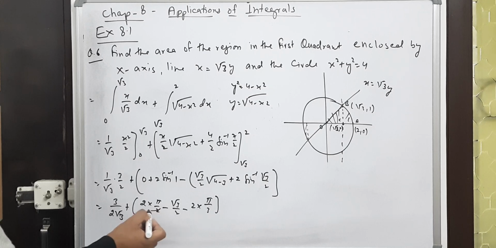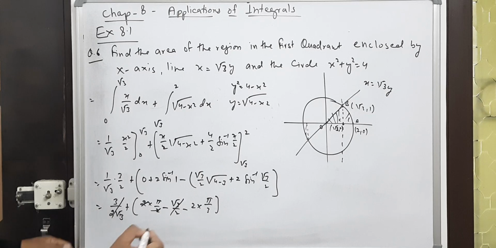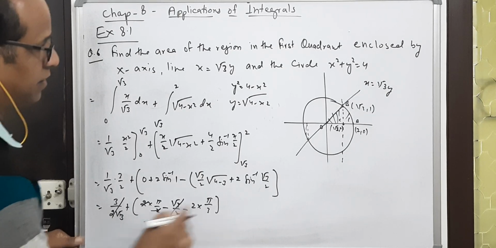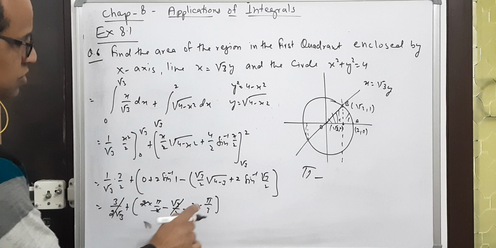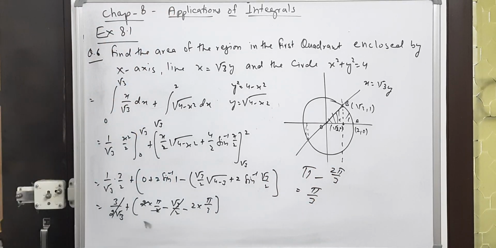Now if you study, this part and this part cancelled, and this one is the same only, because 3 upon 2 root 3 cancelled, so same it is. Pi minus, the final answer is pi minus 2 pi by 3. So the final answer is pi by 3. So area is pi by 3. I hope this part is clear to you. It is one of the important sums from the examination point of view. I hope it is clear now. I am taking the next problem. Please see it.